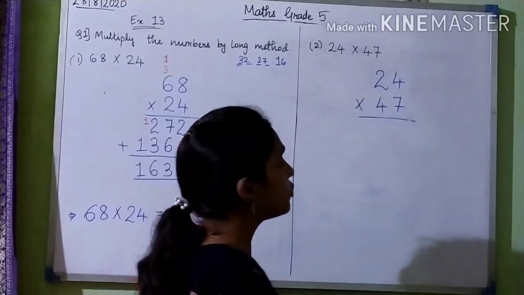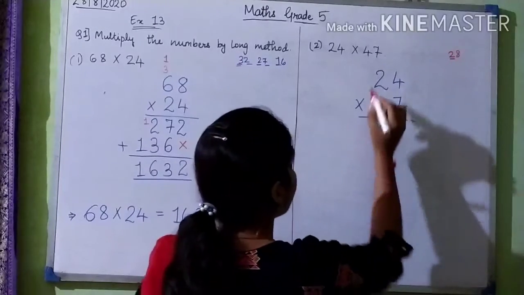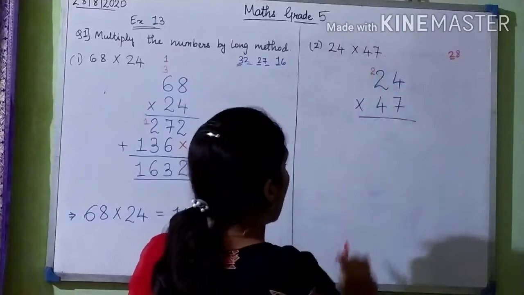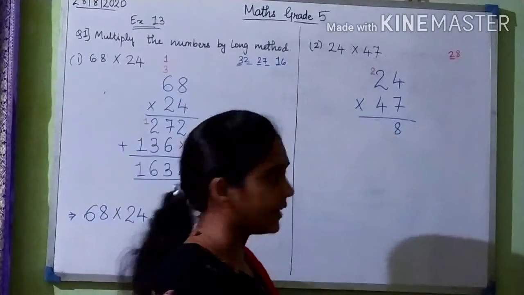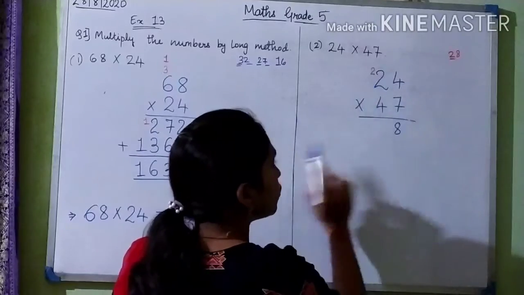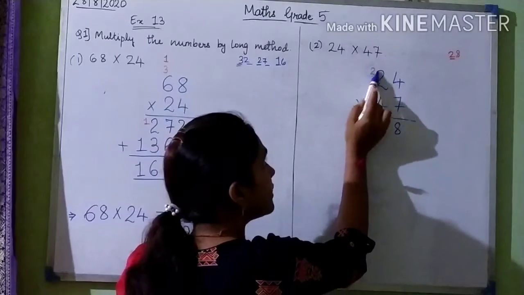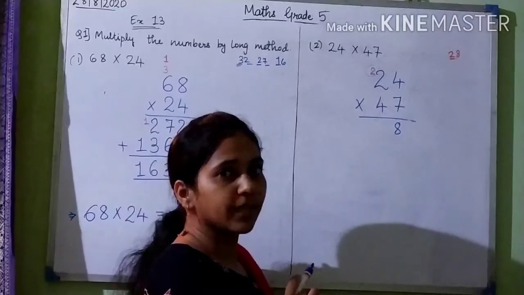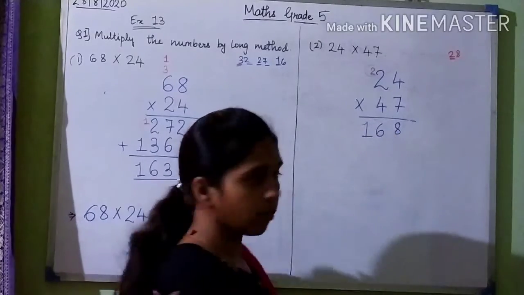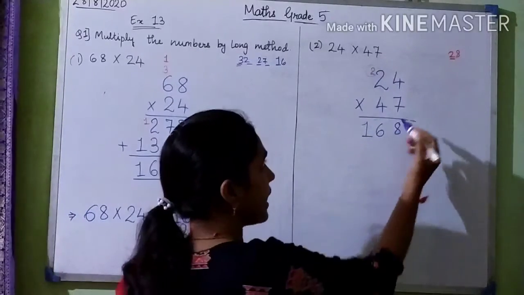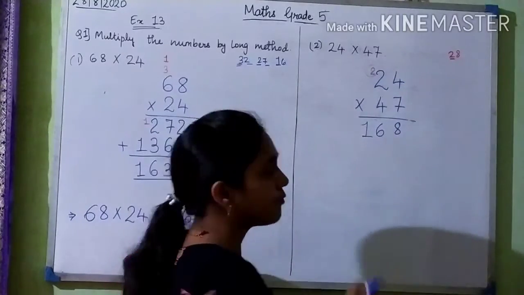So how do I write 28? Writing 28, this 2 I write here on top and 8 I write down. Okay, so that is 28. Now I multiply 7 by 2. 7 2s are 14 and to 14 I have to add this 2. Okay, so 14 plus 2 is 16. So I write 16. Okay, this completes my first step. I have multiplied 7 to 4 also and to 2 also. So this completes my first step.